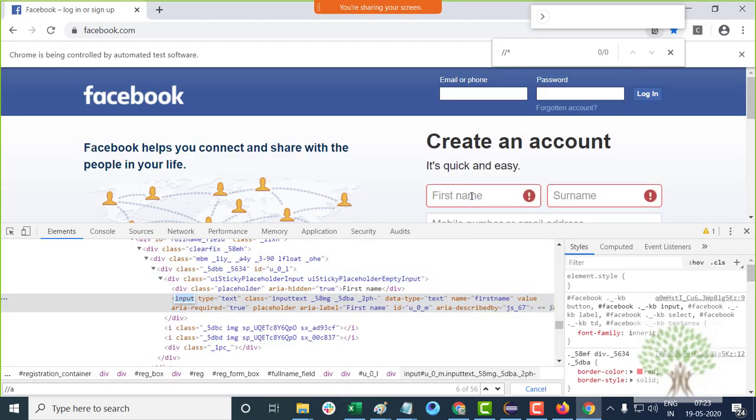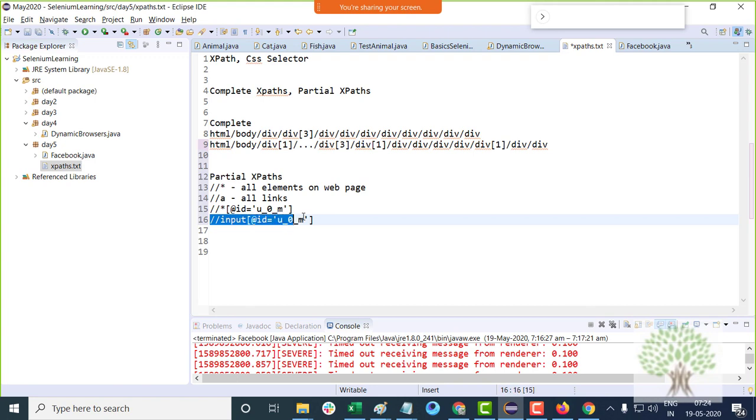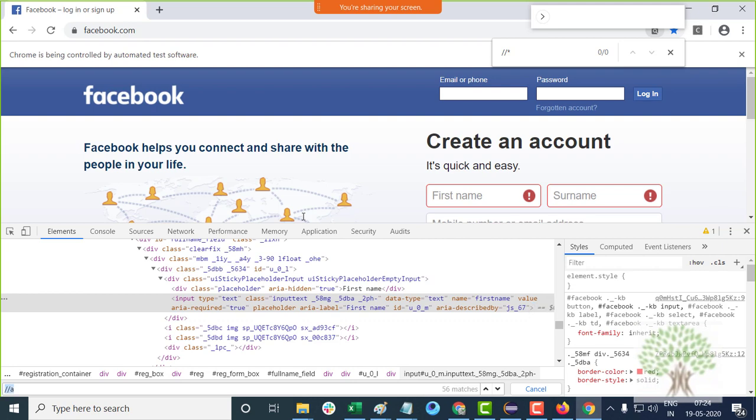The tag name for this text field is input, so instead of star you can put input. Out of all the input tags on the web page, get the input tag whose ID is this. So you hit Ctrl F, paste the XPath, and this will highlight this element.